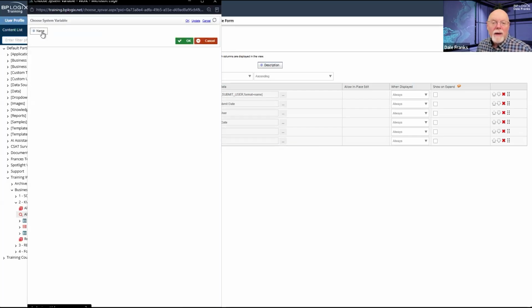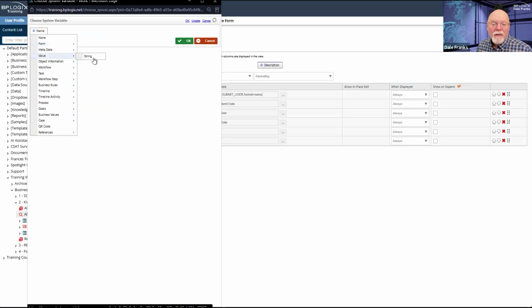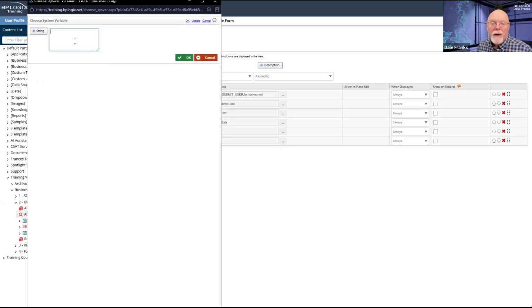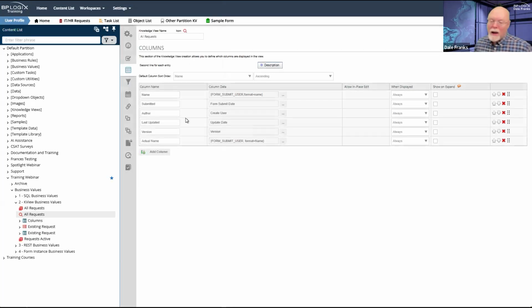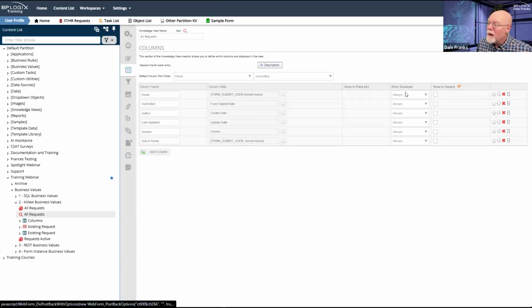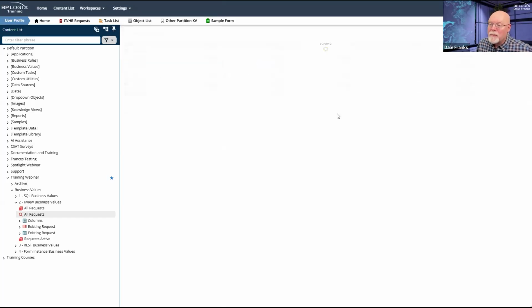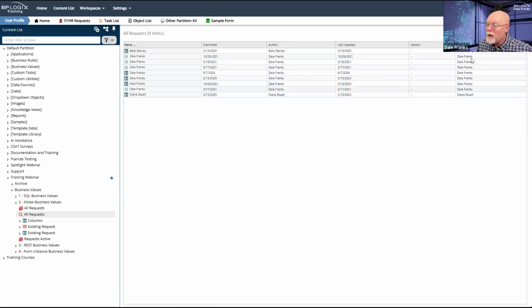Value string, and form submit user, comma, format equals name. Okay, and update and run. And it is returning the name.